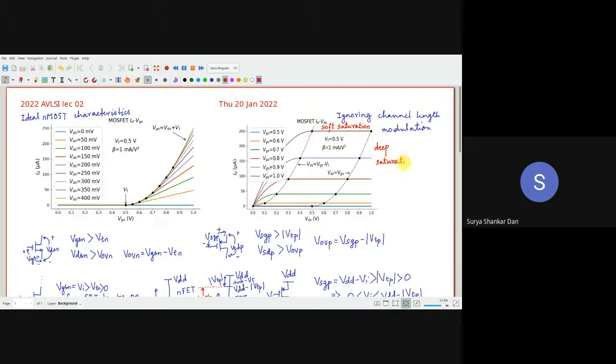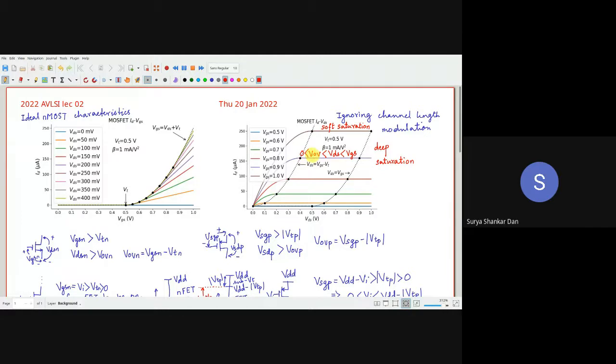This will have serious implications in analog IC design, as I'm telling you. But since at the very beginning you are going to begin with analog IC design, and since we are dealing with the devices right now, I think it is better to tell. So, what is the region for the soft saturation? VOV less than VDS less than VGS. Of course, this overdrive has to be greater than 0 in order for the transistor to even operate. Correct? That means VOV greater than 0 means VGS greater than VT.